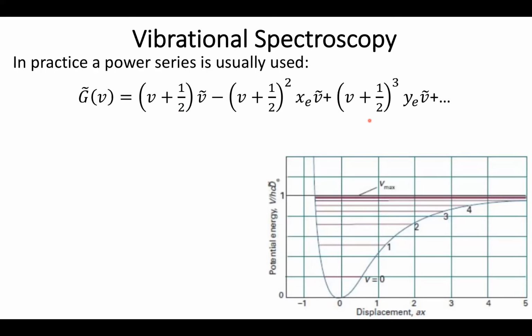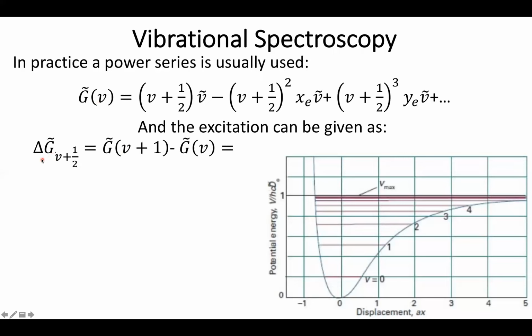However, again, we are often less interested in the energy levels and often more interested in the excitation energies. So we can look at the excitation energies or the peak locations by simply taking the difference between our initial state and the state that is one vibrational state higher. So again, based on our selection rules, my V will only ever increase by 1. So I can go ahead and put in these two expressions. For now, I'm going to ignore the third order term. And if I'm just using a